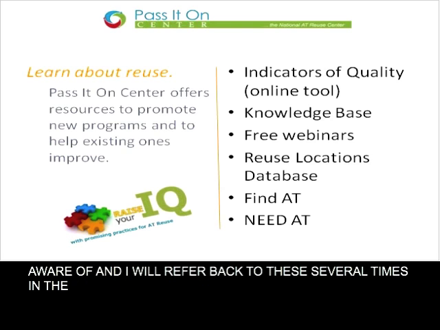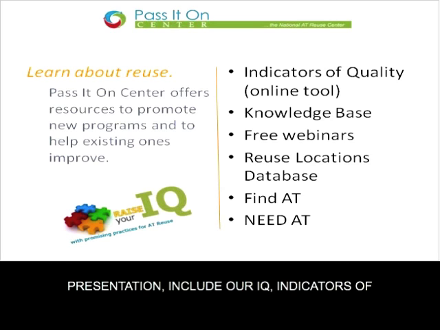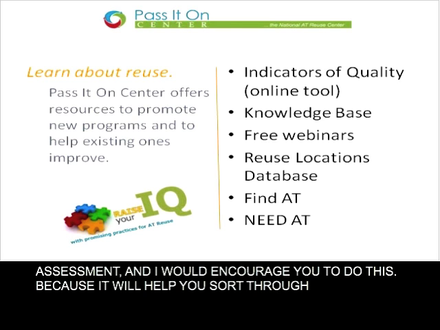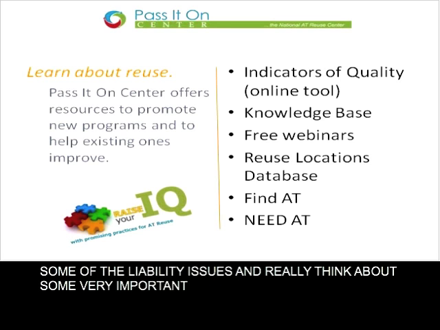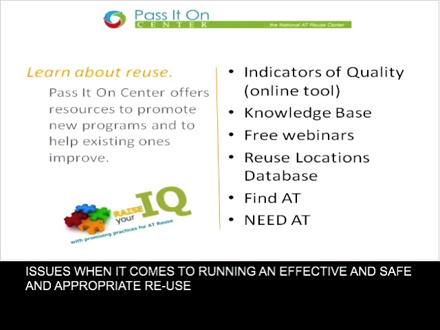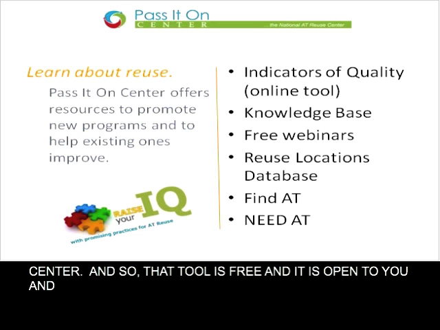So some of the tools that we have come up with that I want to make sure that you're aware of, and I'm going to refer back to these several times in the presentation, include our IQ, Indicators of Quality, and ATR, Assistive Technology Reuse. Indicators of Quality is our online tool that you can go on. It's a self-assessment, and I would encourage you to do this because it will help you sort through some of the liability issues and really think about some very important issues when it comes to running an effective and safe